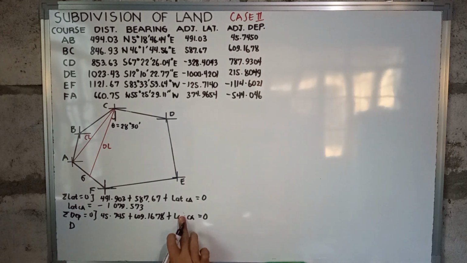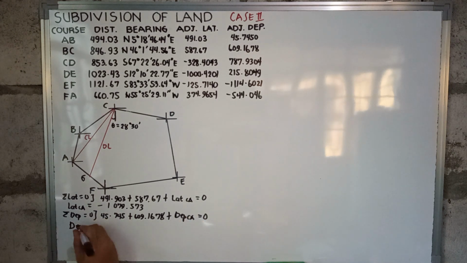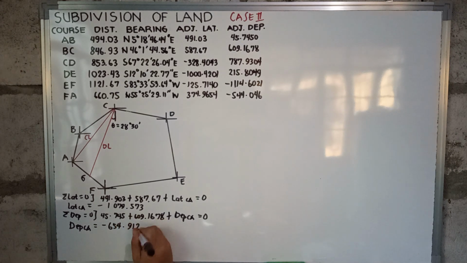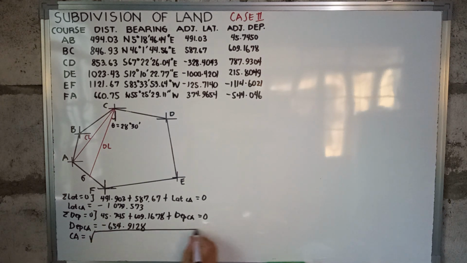The departure from C to A is now equal to negative 654.9128. So, para makuha natin yung value ng CA natin, so, CA is now equal to, Pythagorean theorem lang natin,